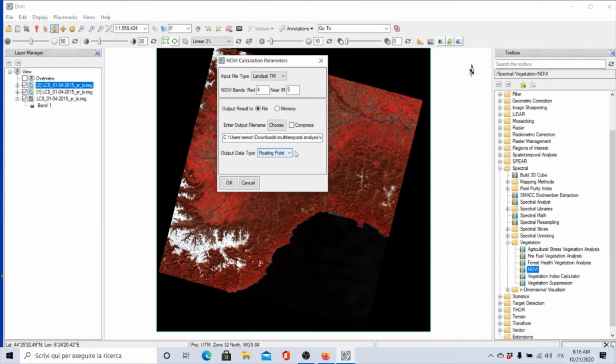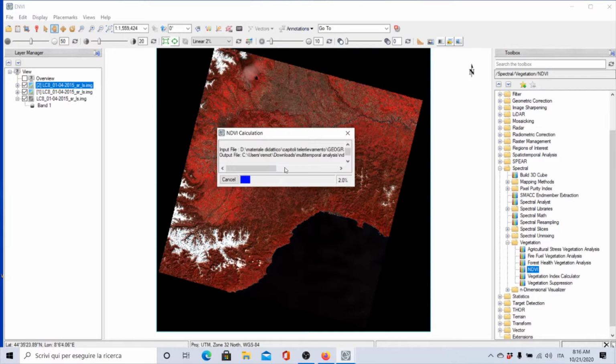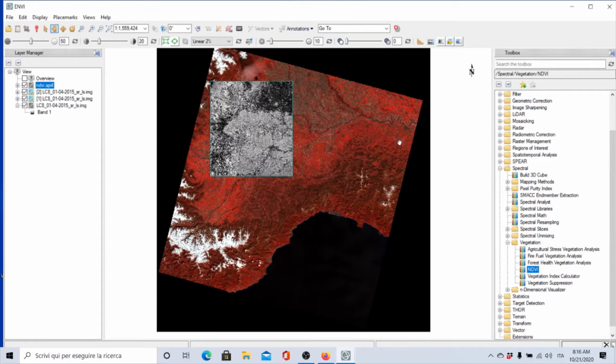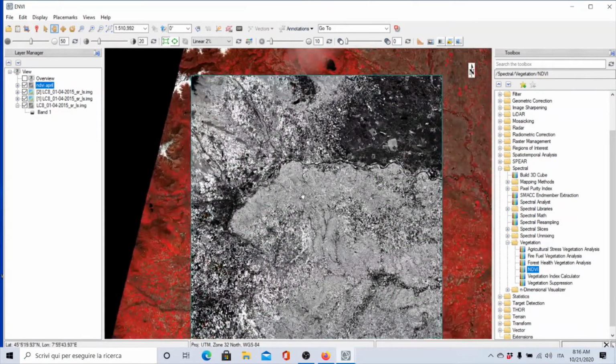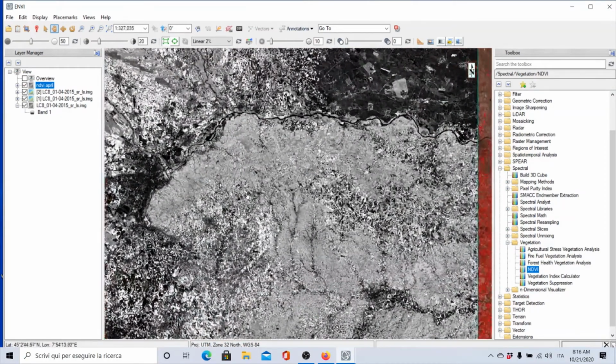It's calculating in floating point, of course, because it needs to store the results in a range between minus 1 and plus 1, so in decimal, in a real value, and so we can process this data. All right, it's quite quick because the processing is only this very little part. So if we are going to this image, you see here,